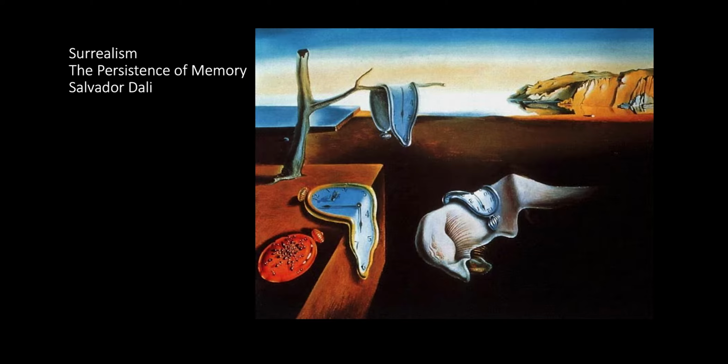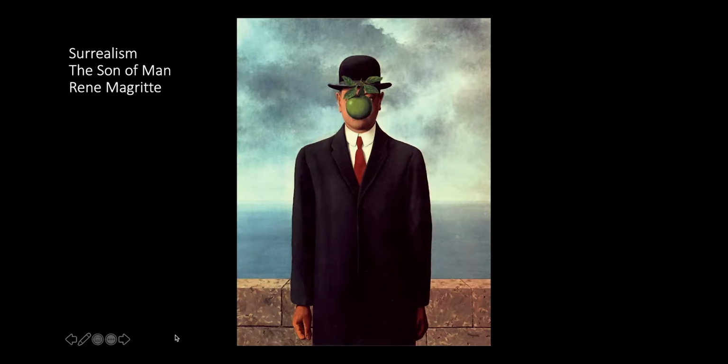Salvador Dali is one of the most well-known proponents, and there are many, many different styles of Surrealism, but the name of the movement, Surrealism, tells you that this is sort of a raised or a super aspect of reality, so that there will usually be elements in the painting that are very familiar to us from real life, but they may be combined in ways that seem a little dreamlike or spooky. Dali, of course, has his clocks melting here, and we're going to look also at René Magritte, a French surrealist